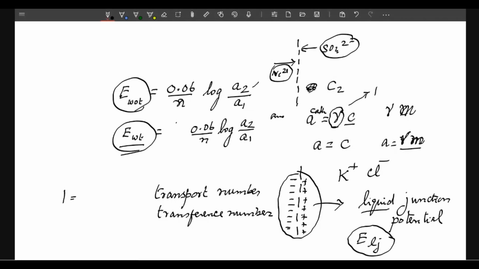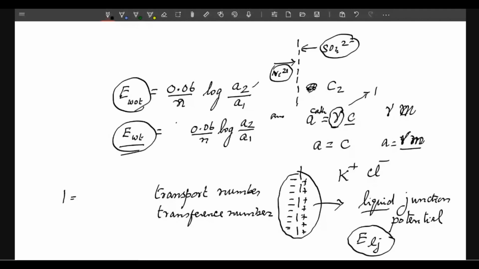We are going to discuss why the cations and anions would have different ionic mobility, and what factors affect the movement of the ions. Here it is sufficient to have the idea that they have different mobilities. Whichever fraction of current is carried by one ion,